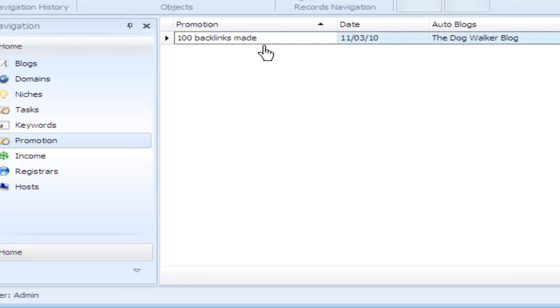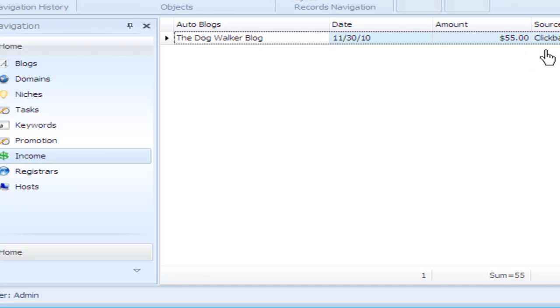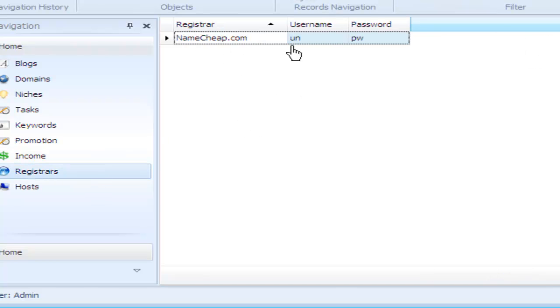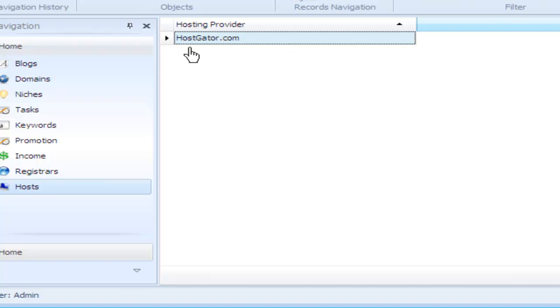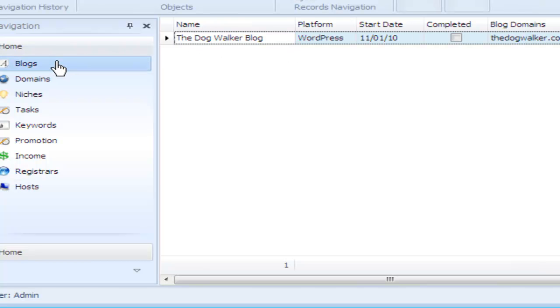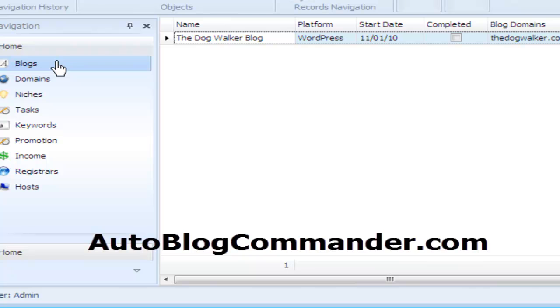you'll see that the promotion is listed. When I go to income, you'll see that the income is listed. When I go to registrars, you can see that my registrar is listed. And when I go to host, you can see that the hosting provider I entered is in there. So that's how you add a blog to AutoBlog Commander